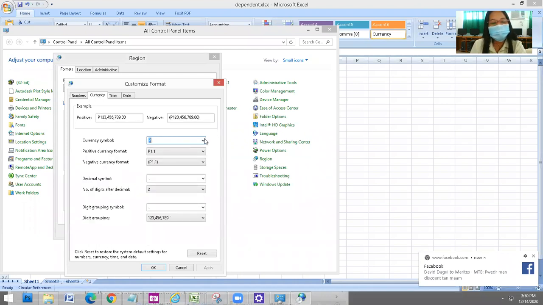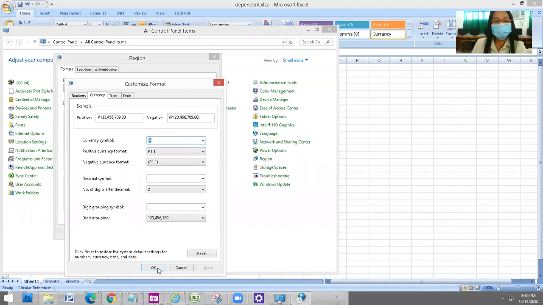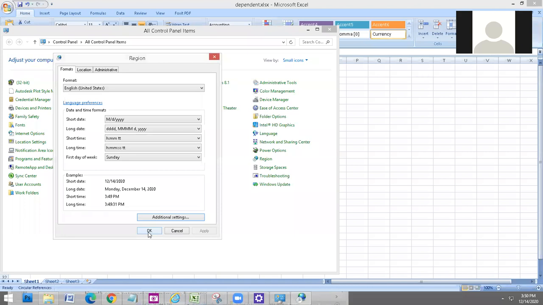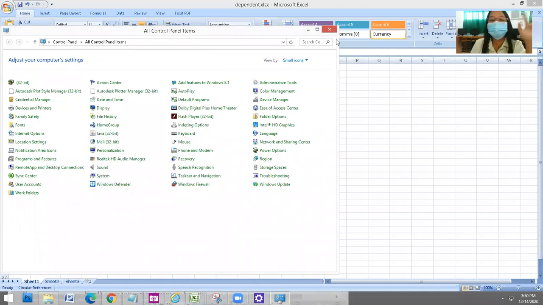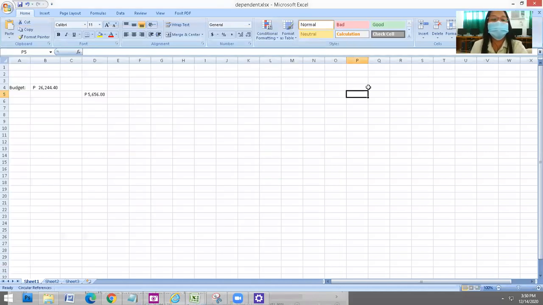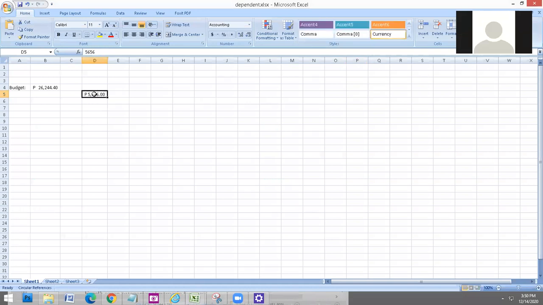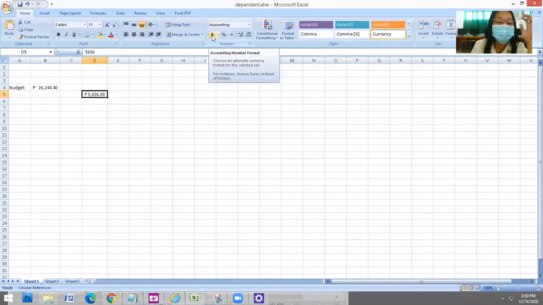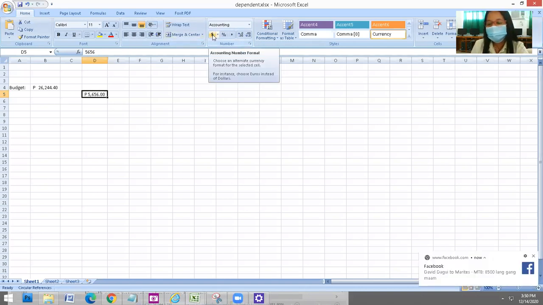At dito, type lang kayo ng symbol. Bakit ko nasabi na important? Kasi some guys out there don't know na ganito pala magpalit ng settings. They had this problem on how to adjust. Yung ginagawa na lang nila, hindi na sila nagpo-format using accounting, rather nagta-type na lang sila ng parang text na lang, ha? So,